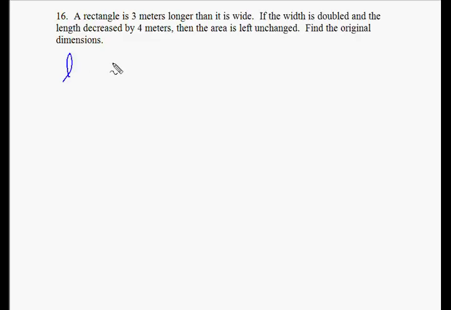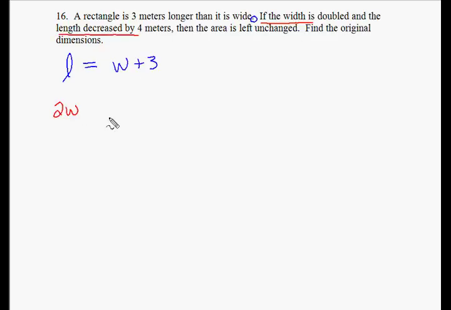We're going to try and set up a relationship between the length and the width. And I'd like to say that they're equal, but I know that they're not. The rectangle is 3 meters longer, so the length is actually longer than the width. So if I add 3 to the width, then they'll be equal. That's our first sentence. That's our first equation. We're done. In the second sentence, if the width is doubled, well, that would be 2w,